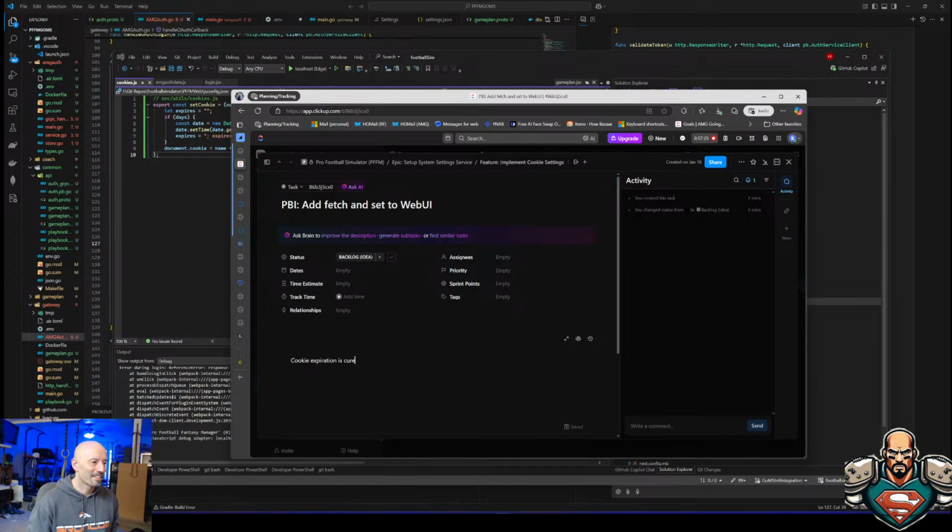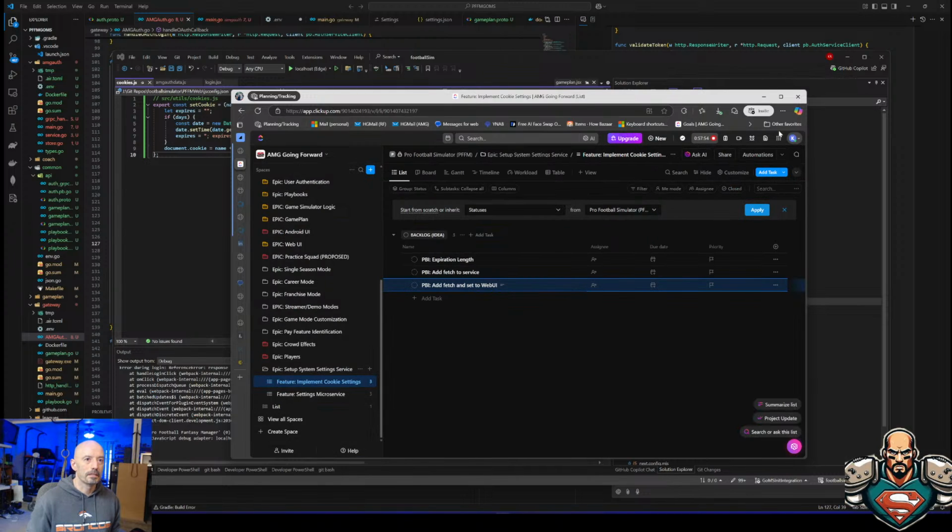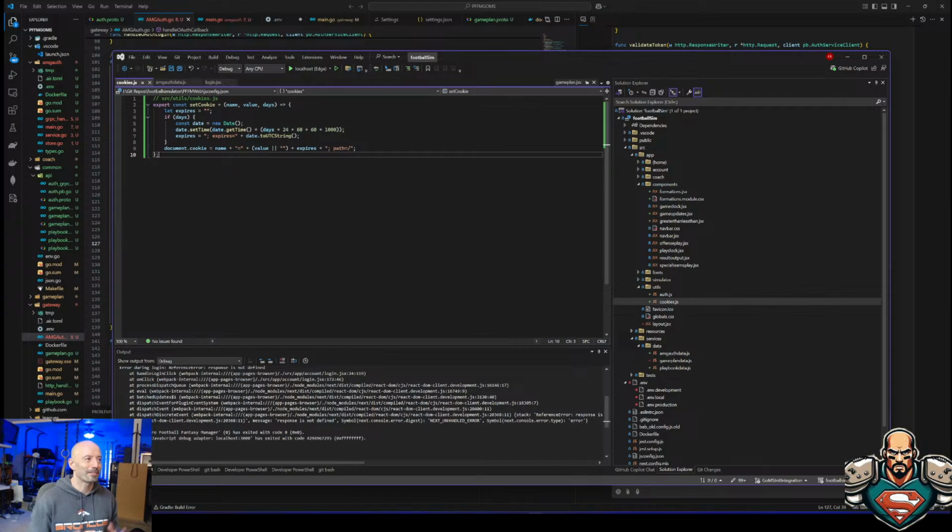Expiration is currently defined in utils. What is it? Utils cookies. Set cookie function. Just because I need to know where that is when it's time to go do the work. Because that's here. I don't want to be doing a search. Wow, where did I put that? Okay.